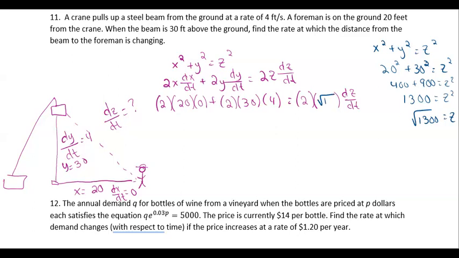So that's going to go right here. All right, plug and chug time. This will go to 0, so that part's figured out. Then if I multiply 2 times 3 is 6, 6 times 4 is 24, put the 0 on the end, is equal to whatever 2 times the square root of 1300 is. And then we still have our dz dt we're solving for. So let's do some division. If we do our 240 divided by 2 times the square root of 1300,